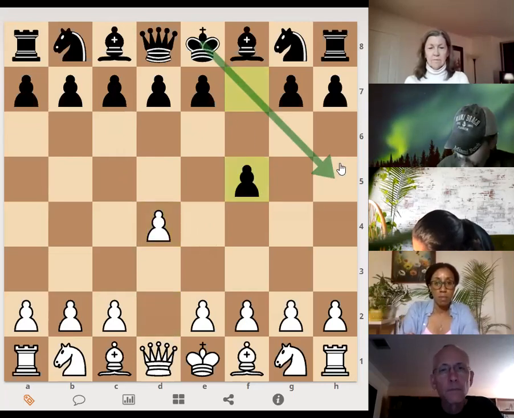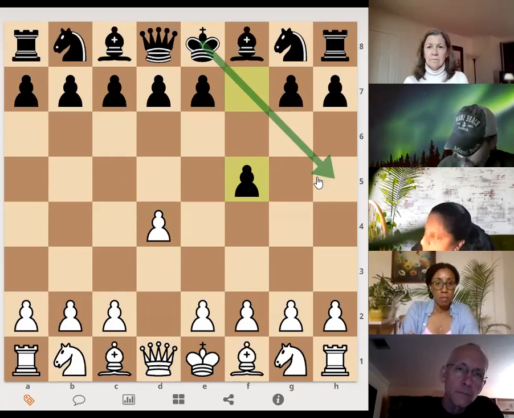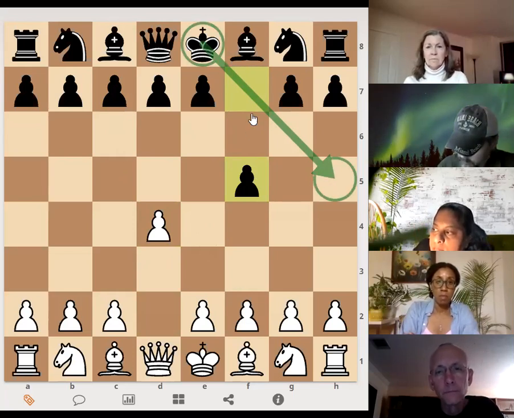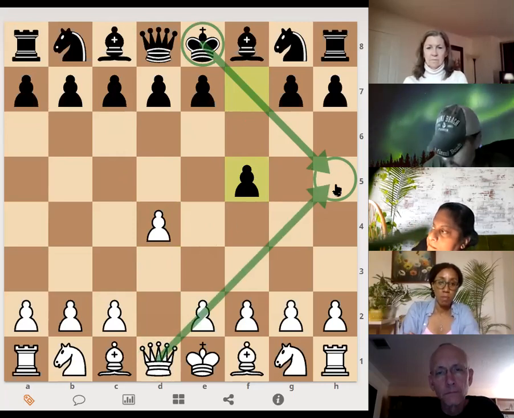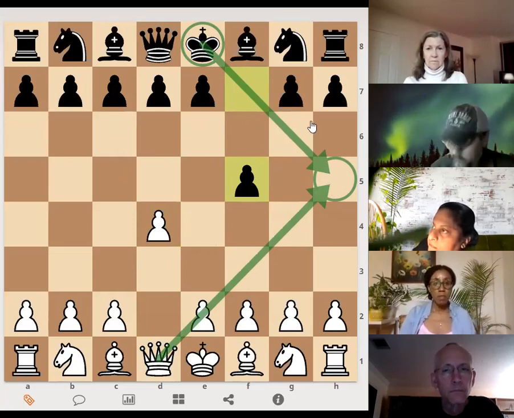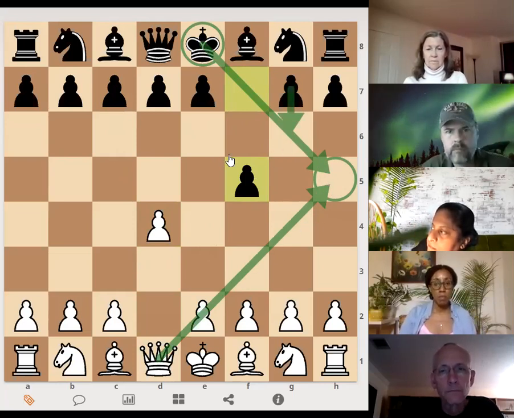And again, remember I told you guys that it's not prudent to open up this E8 to H5 diagonal, but here it's not really that big of a deal because the queen can't really come here to attack. And also, even if the queen could come to attack, that would kind of help Black. Because remember I told you guys about,